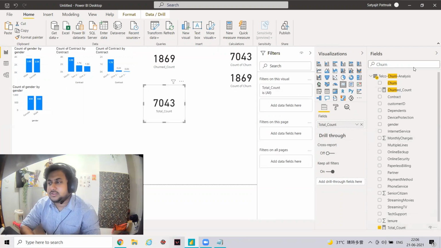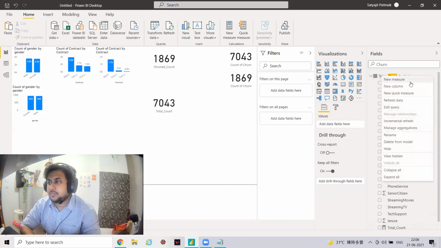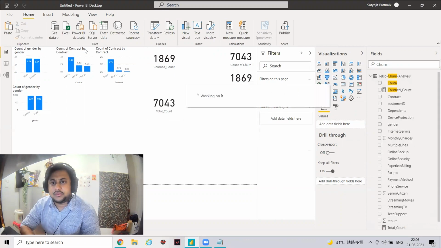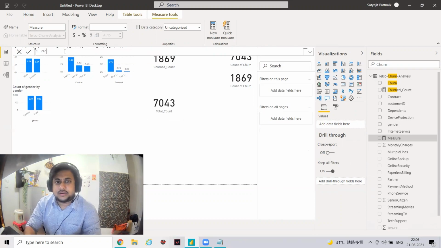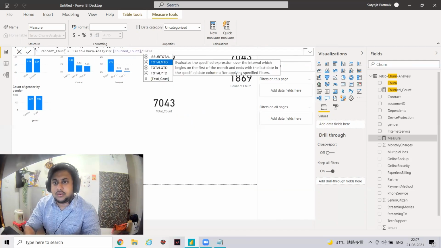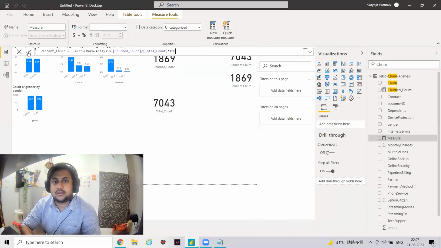Okay, everything is done. Now I will be calculating the percentage. So I'm just telling you the easiest way of creating this so that it makes your life easier. Percent churn equals to churned count divided by total count into 100, right?